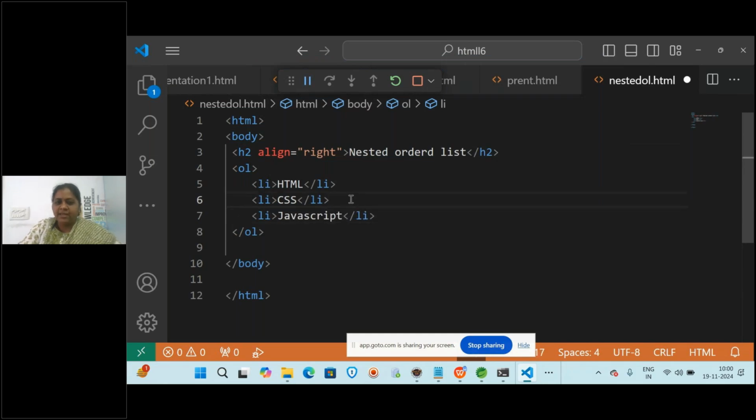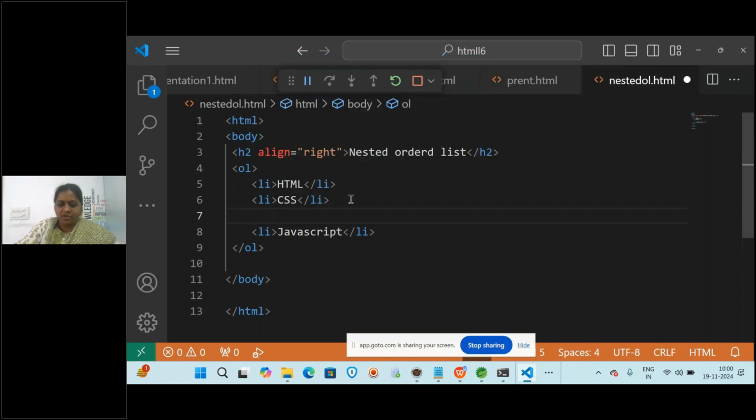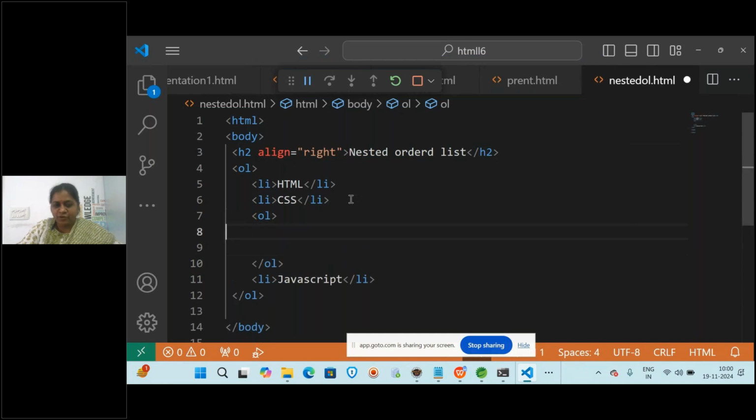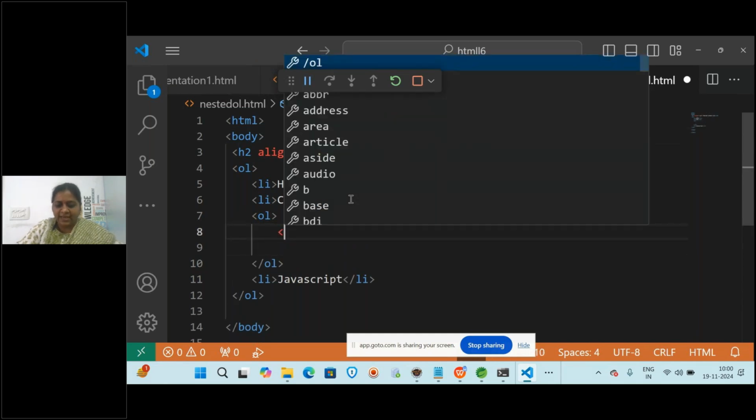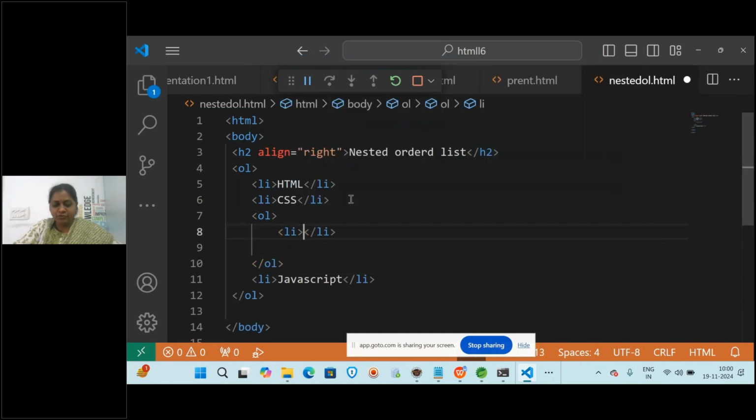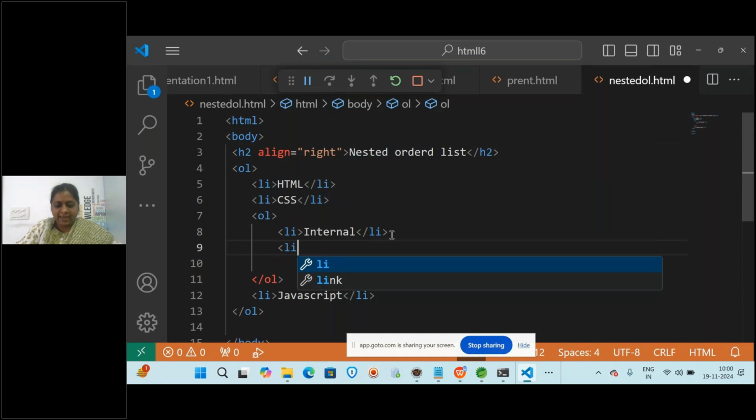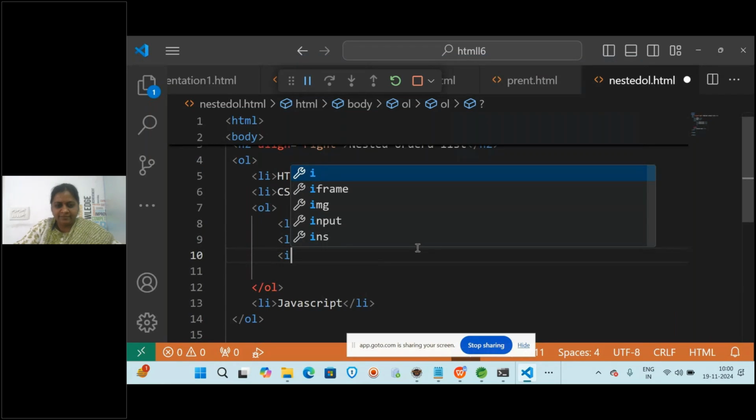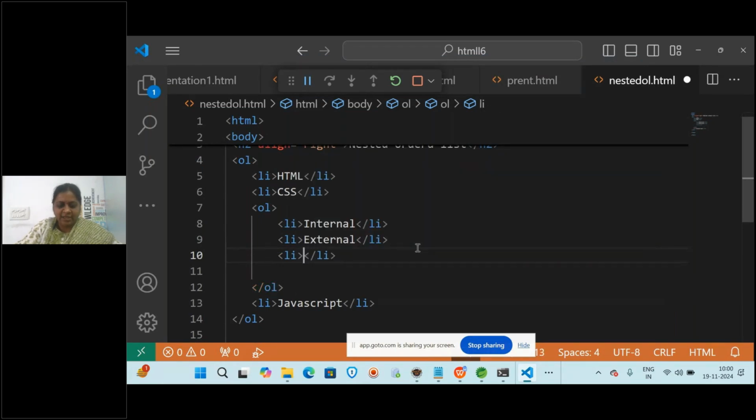Now in the CSS, again I want one more ordered list, like ol. Close this here. In this I am going to mention the list items li, and write internal, and again one more list item external, and one more list item inline.